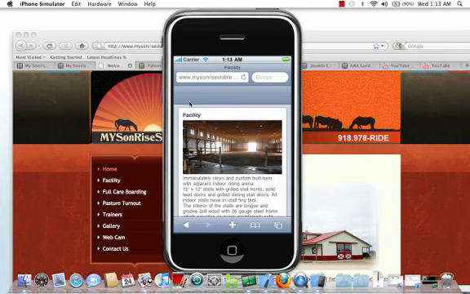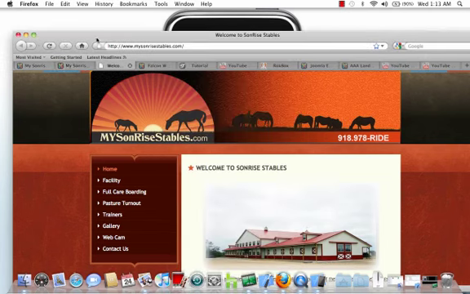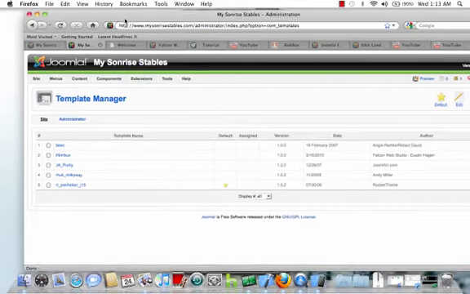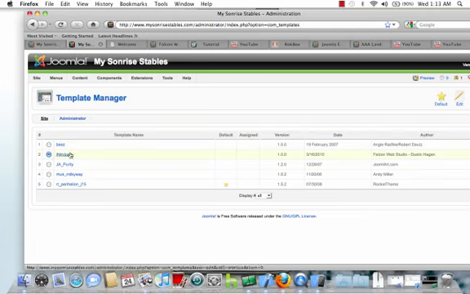So first step, let's get an actual menu system in there, and then in a later video we'll talk about more module positions. So to get a menu in there, and this goes for the Lite version as well, what we need to do is we actually need to set the template to default, and I will talk about why we need to do that here in a second. So set this to default,